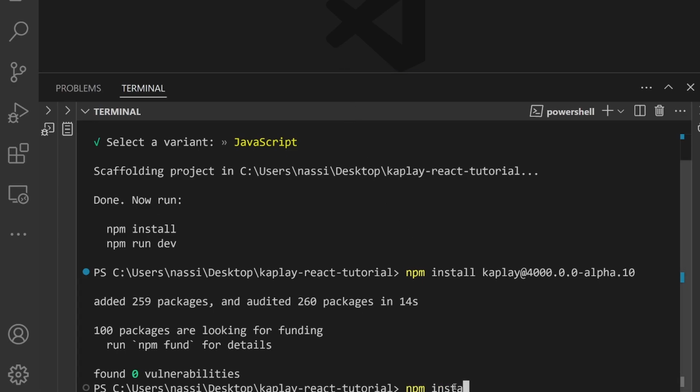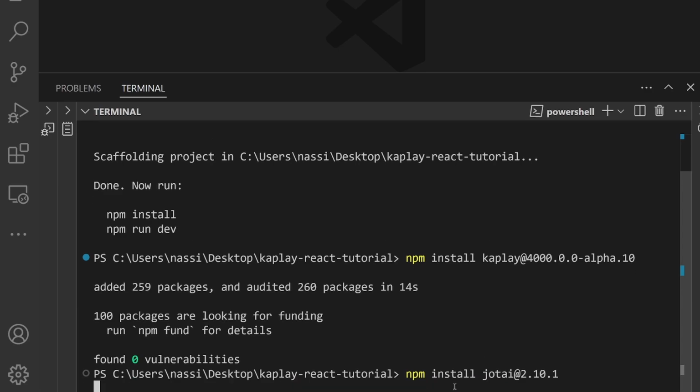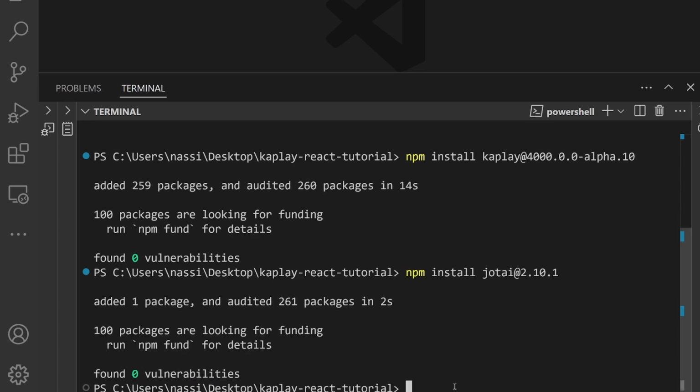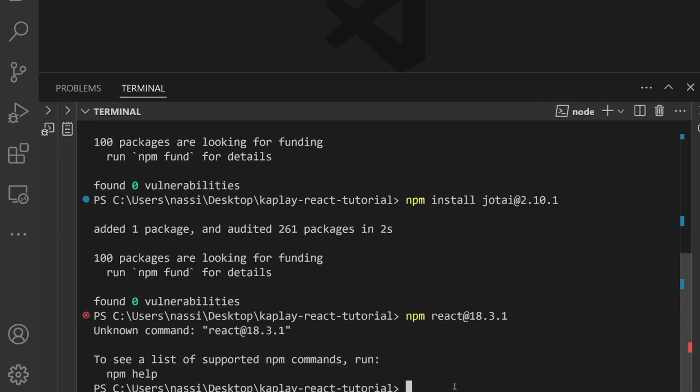The second library I'm going to install is Jotai. So I'm going to use Jotai at, and then the version is 2.10.1. So now this should also work. Then, of course, we're going to have to install React and React DOM. So React is the actual React library, and React DOM is what allows us to use React for the web. I'm just going to use simple terminology like that. So 18.3.1. By the way, whoops, I forgot to do npm install React at